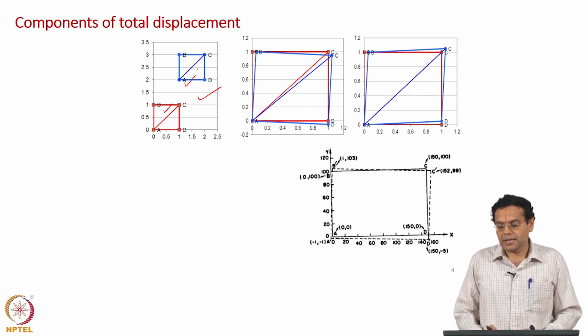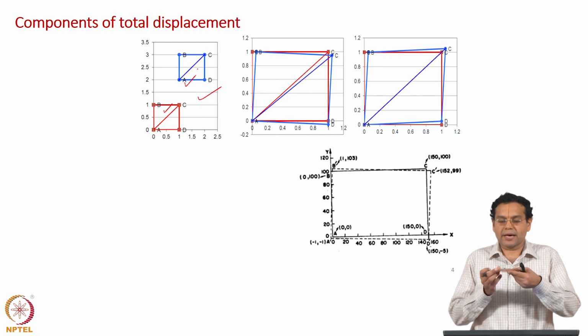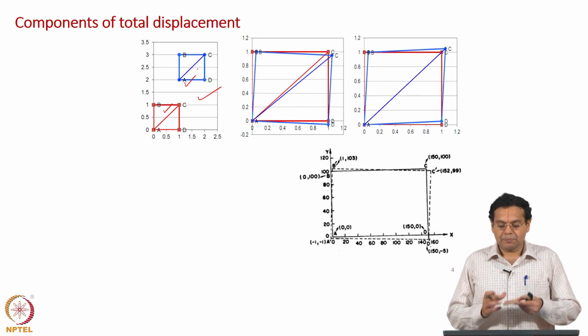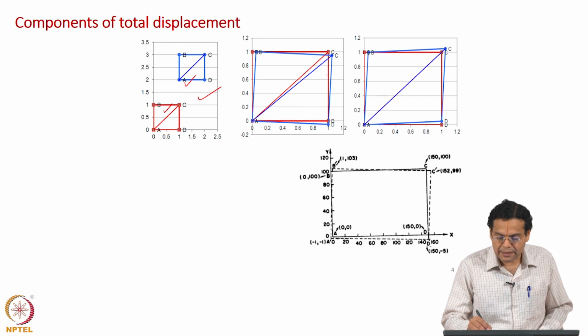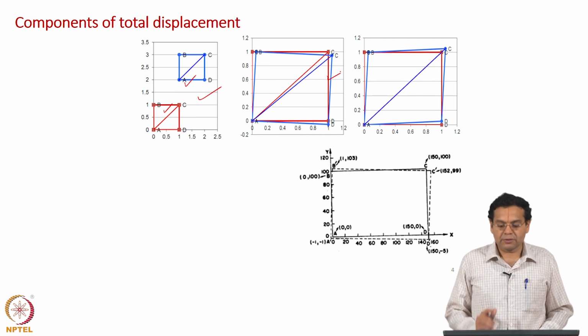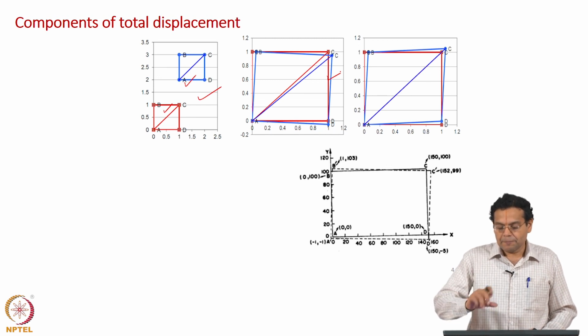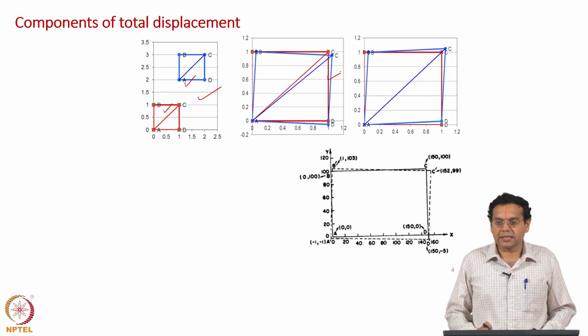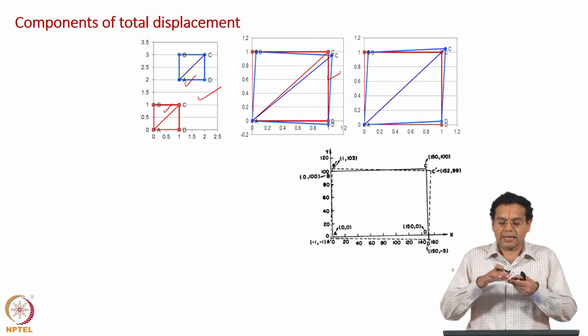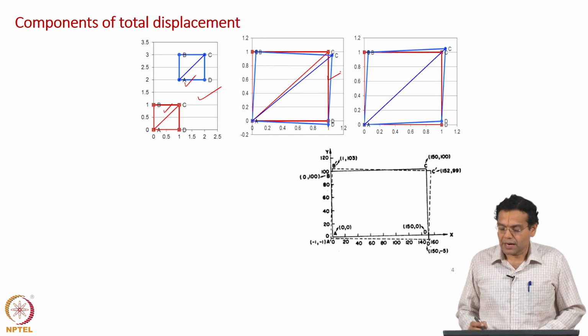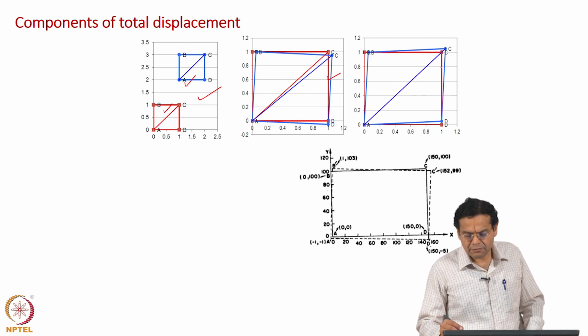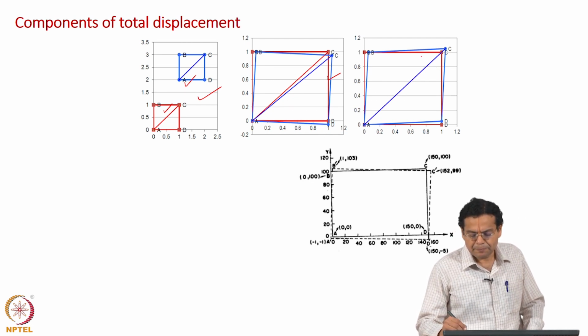Now, what is the second case? If it just rotates, the entire body rotates, once again there is change in coordinate, and that is what we have seen in this case. We took the same displacement field, and this time we kept alpha 0 and gave a non-zero value for beta, and we found that it rotates, but what we are discussing now is that by rotation there can be change in coordinate.